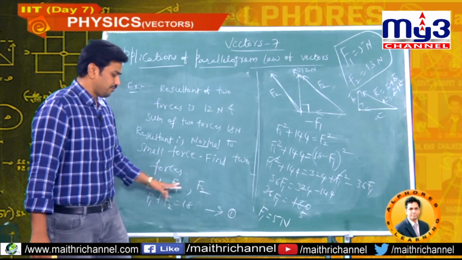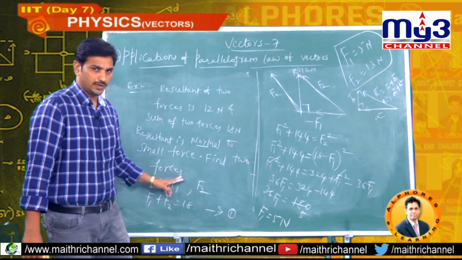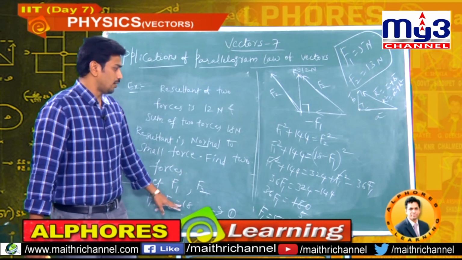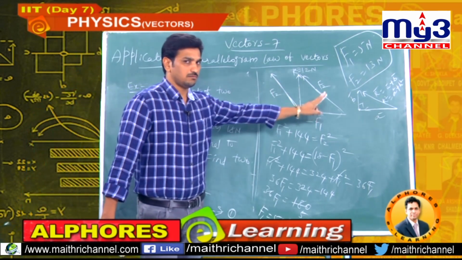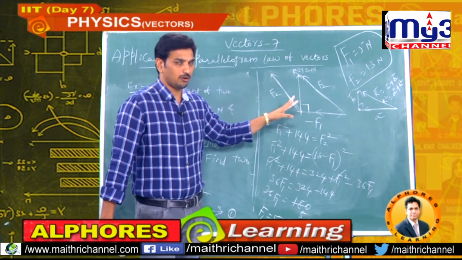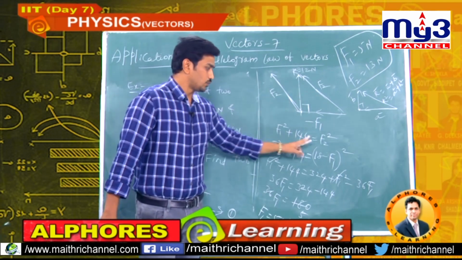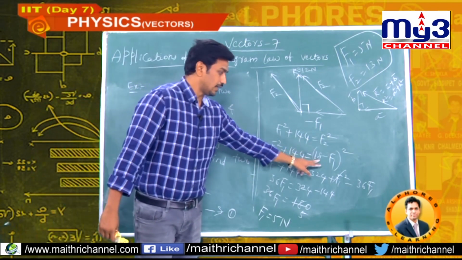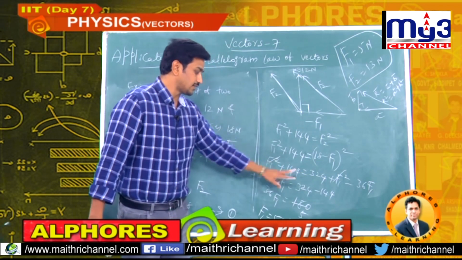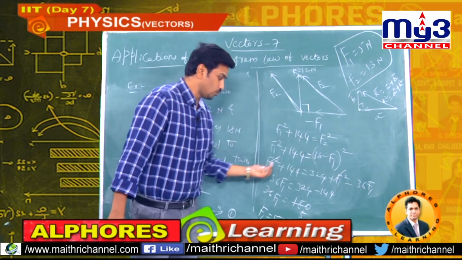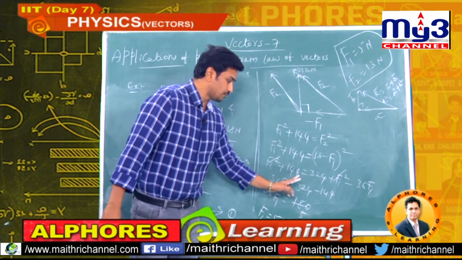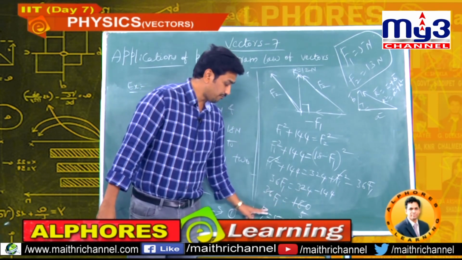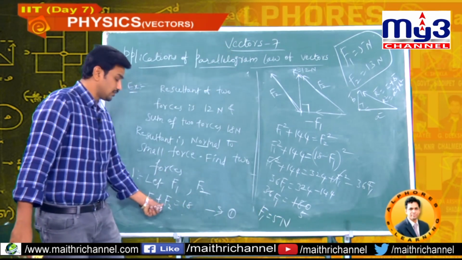Simple. Let the two forces be F1 and F2. Given in the question, F1 plus F2 is 18. By using the parallelogram law of vectors, I can write this. F2 I will replace with 18 minus F1. Here it is a minus b whole square. F1 square on left and right side cancel, minus 36 F1 I took to this side, 324 as it is, minus 144 is 180. 36 fives are 180, so F1 is equal to 5, and F2 is 13.